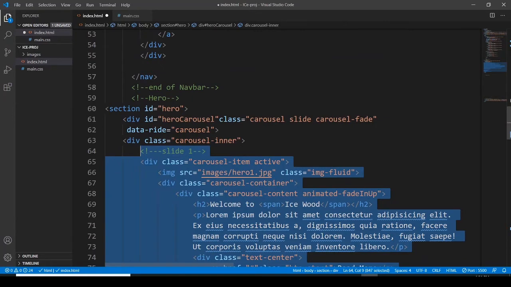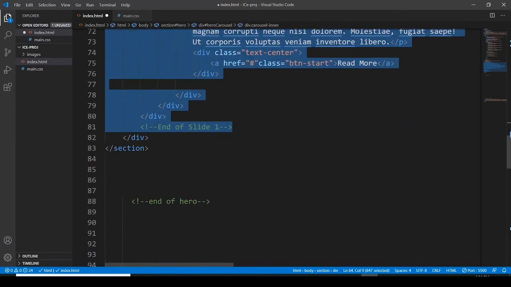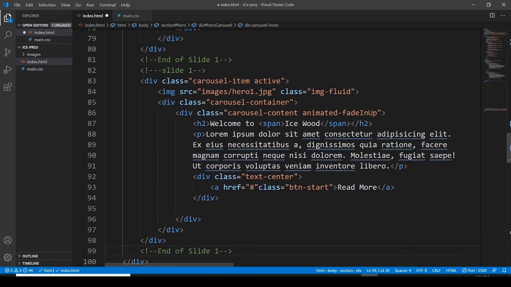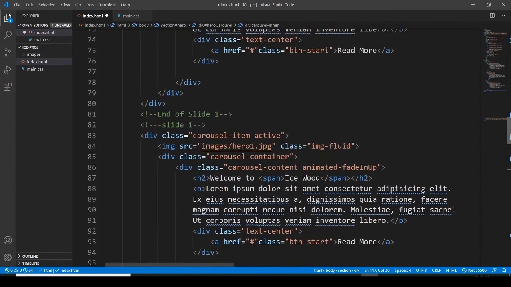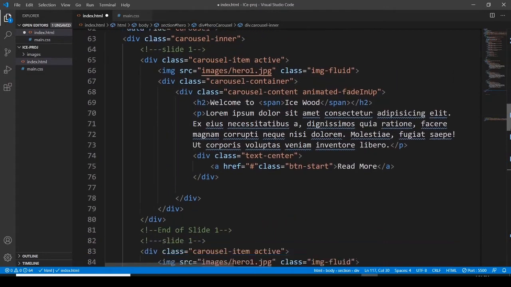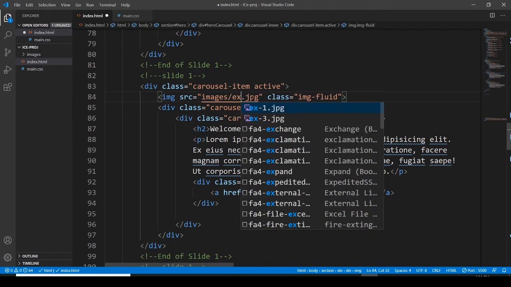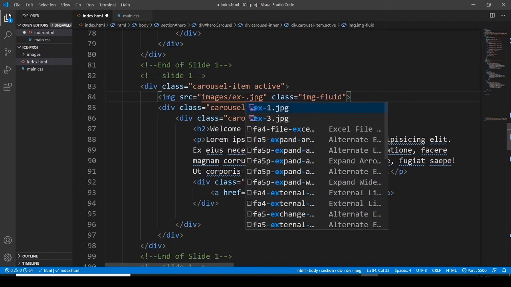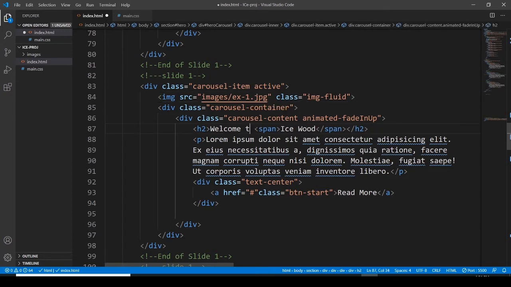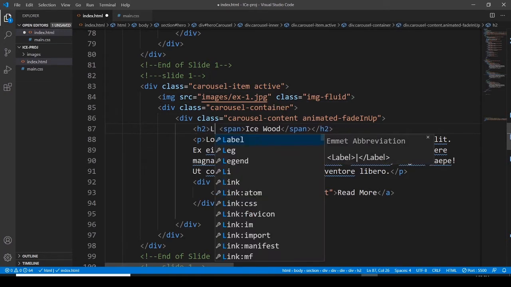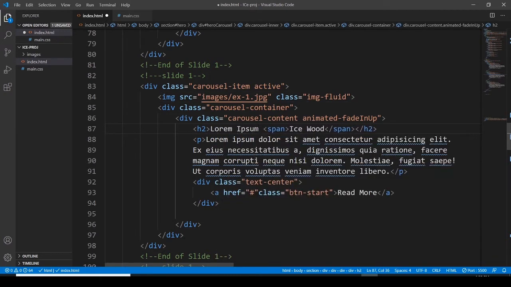So copy, and let me paste it here and here. Now I just want to change the titles and the images. So the first title is welcome to this, and here the second image is going to be EX1, and here I want to go with some dummy text, lorem ipsum and